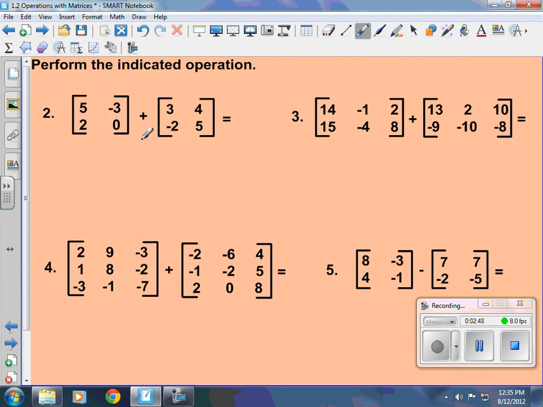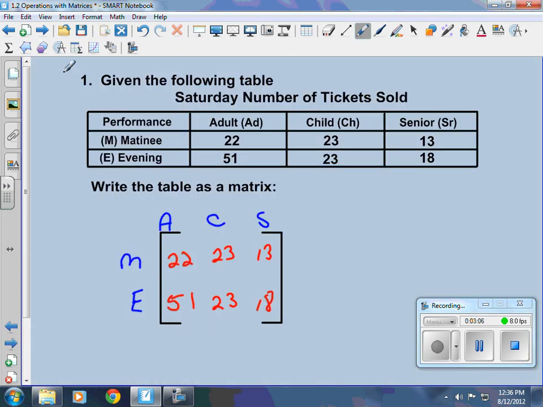Now we're going to look at adding, subtracting, and multiplying matrices. When you're adding, subtracting, or multiplying matrices, the most important thing you have to remember is entry 1 has to be, in this case, added with only entry 1. Why is that? Well, let's say that I had